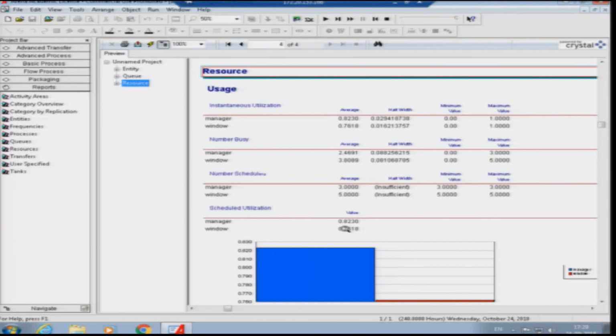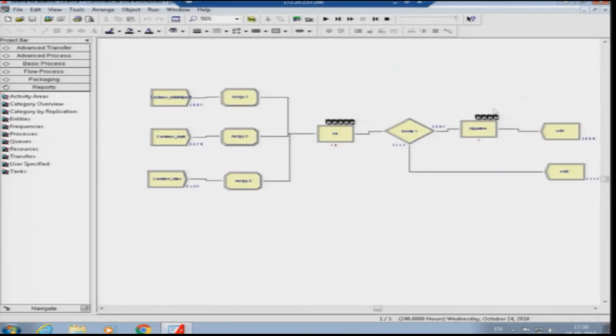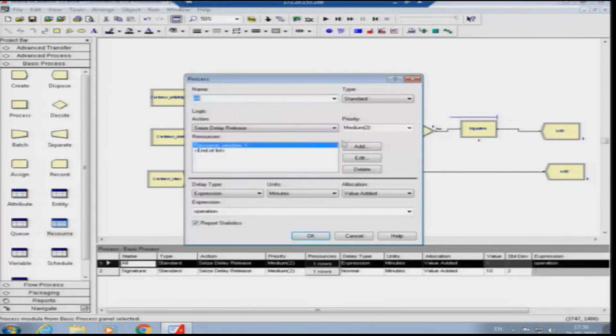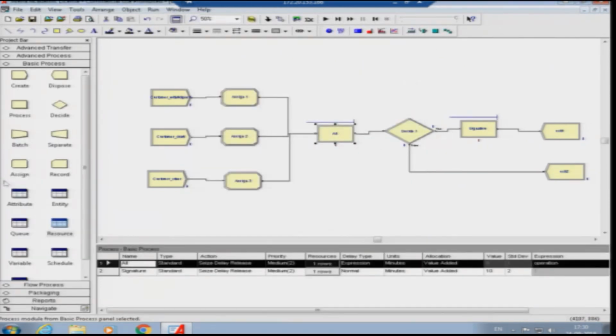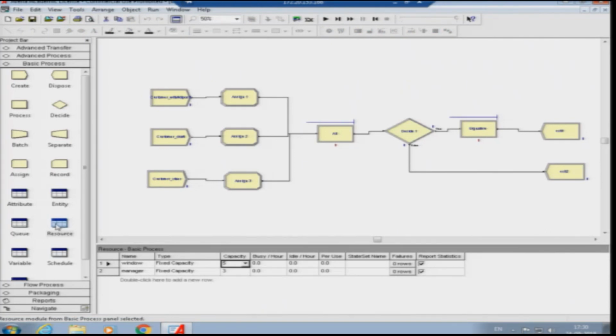The issue is that if we found this value to be very low, then we can think that some resource is underutilized. Even in this case we can check whether the resource is underutilized or not. Let us see by reducing one resource for all the processes. We previously had a total capacity of 5 windows for all these processes. Now let's reduce it to 4 and find out whether the process is underutilized when we use 4.